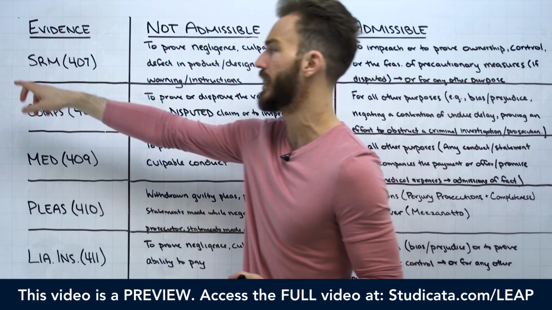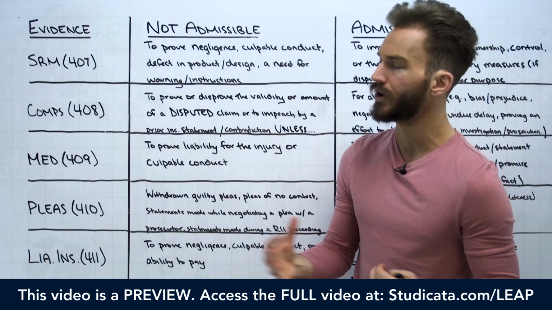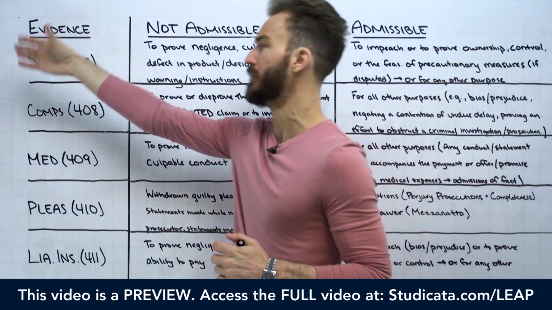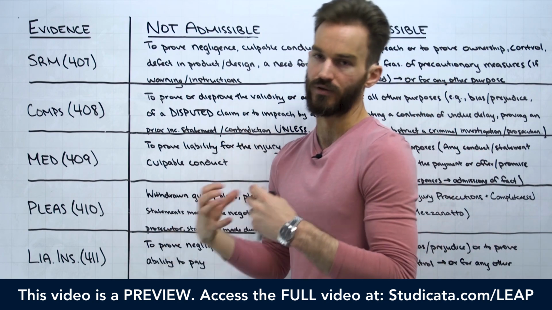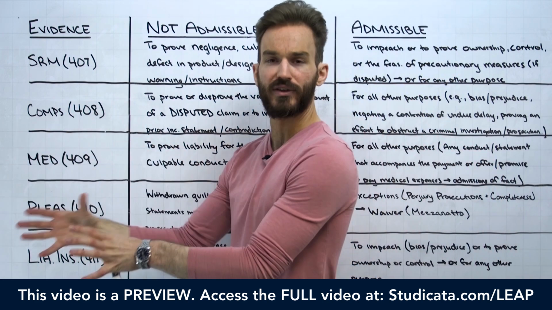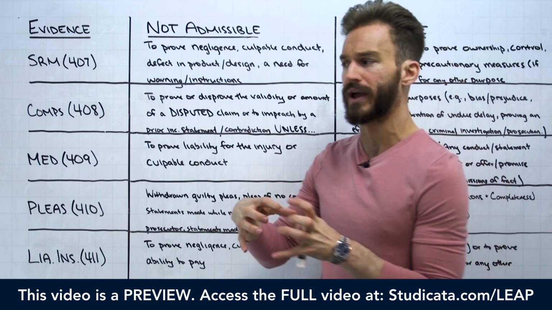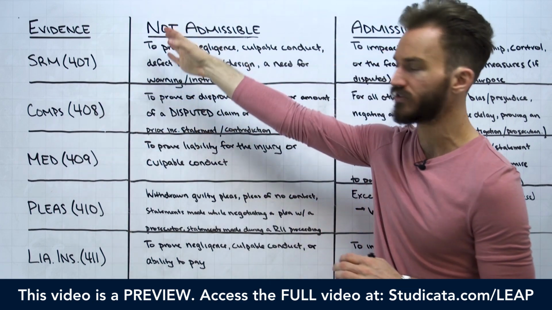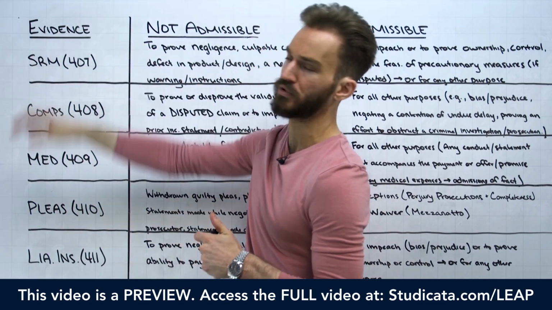We don't want somebody to not take subsequent remedial measures out of fear that that evidence could be used against them in court, right? When we're thinking about subsequent remedial measures, we're thinking about making some sort of condition safer after an injury occurs. Once an injury occurs and somebody tries to make that condition safer, we don't want them to be discouraged out of fear that that evidence could be used against them to prove negligence. Right, and that's the thread with all of these public policy exclusions.